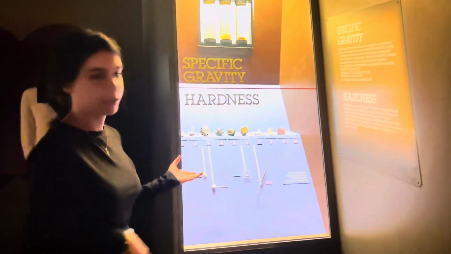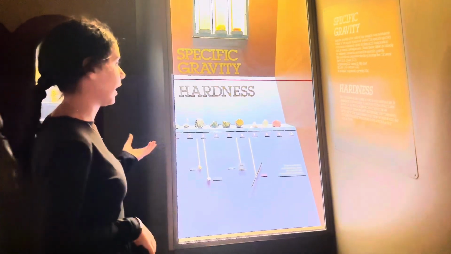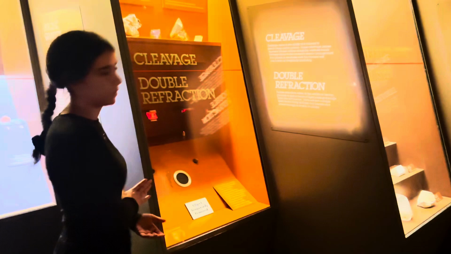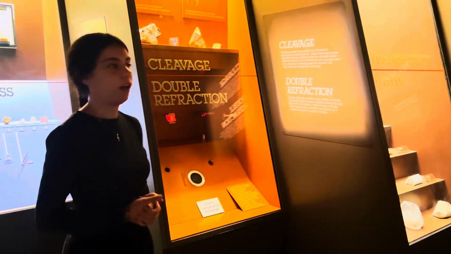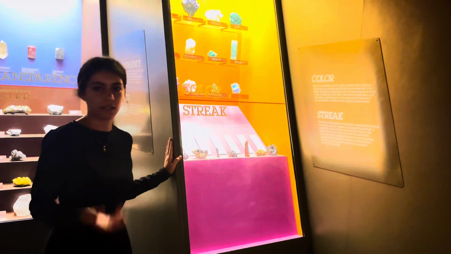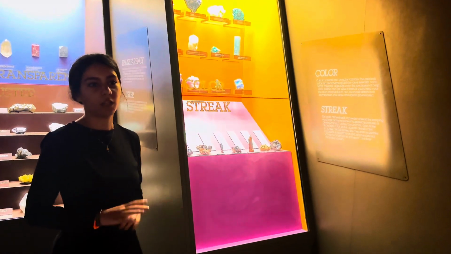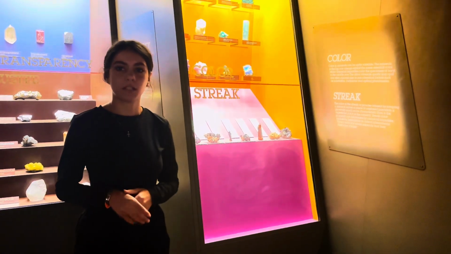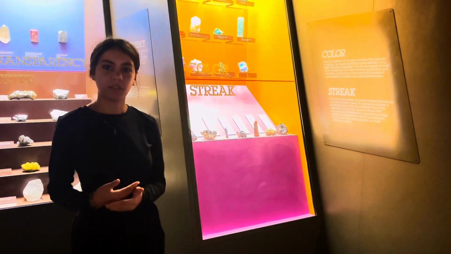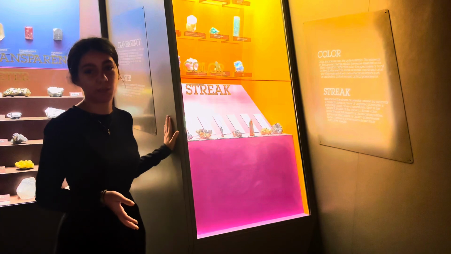So there are four physical properties for minerals. First is hardness, which has different scales and is how hard it is to scratch. Then cleavage, the second one, which is how it breaks. And then luster, how shiny it is. And lastly, color. But it's not a good way to define minerals, because the same type of mineral can have different colors, or different types of minerals can have the same color. So it's not the best way to define a mineral.